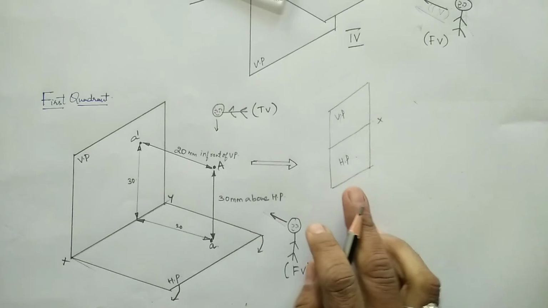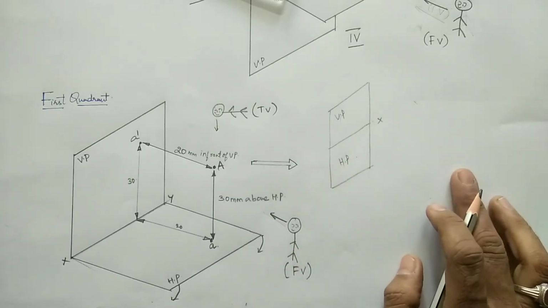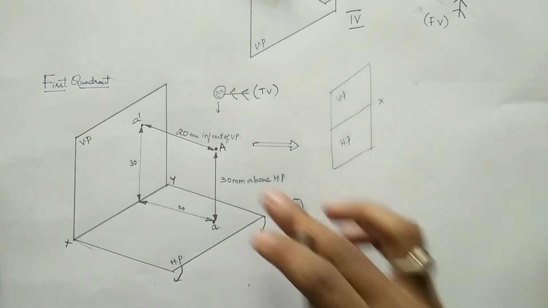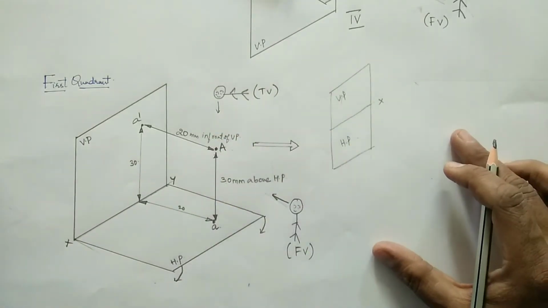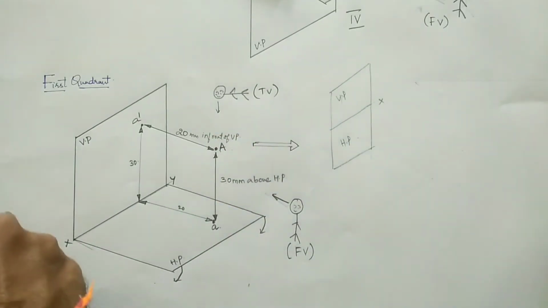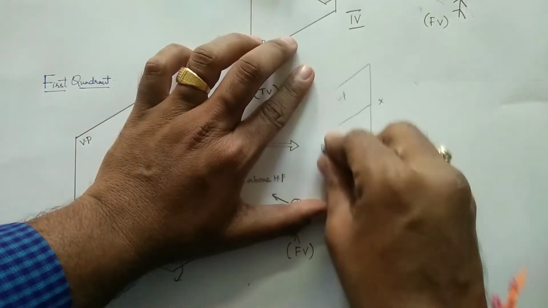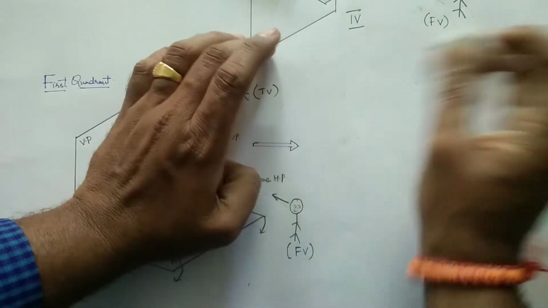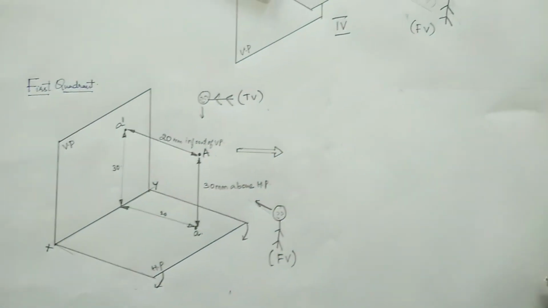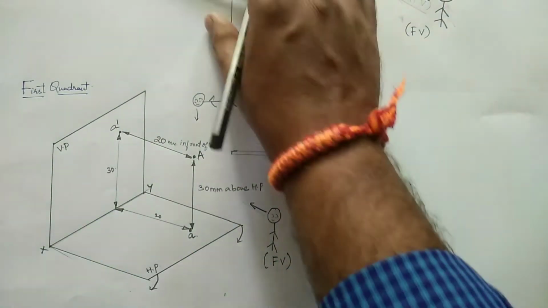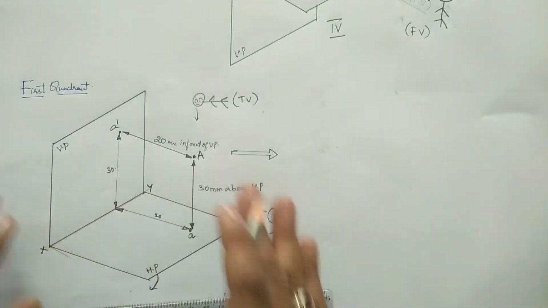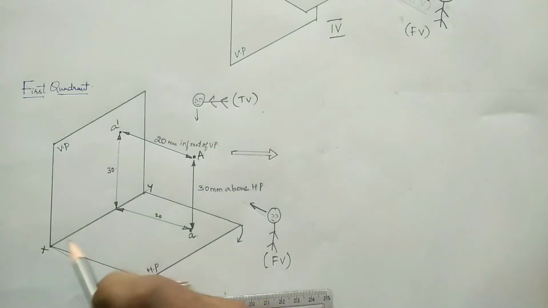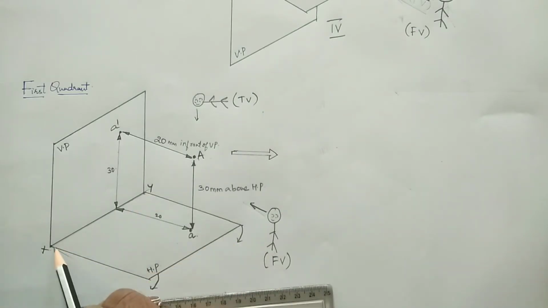So actually here I am going to show you how you need to represent these projections in an orthographic form. I am just erasing this portion I have drawn for your explanation, and now based on this reference I am going to explain it to you. When you rotate it, first the vertical plane and the horizontal plane are joined, and we generally call it a reference line.